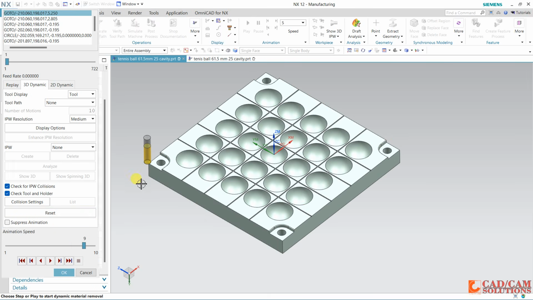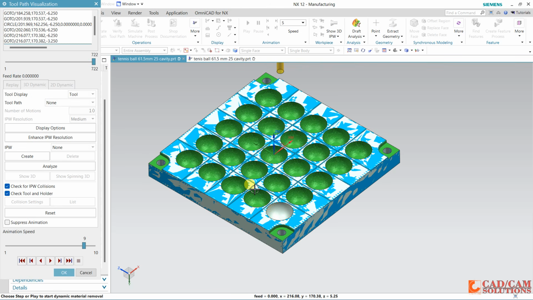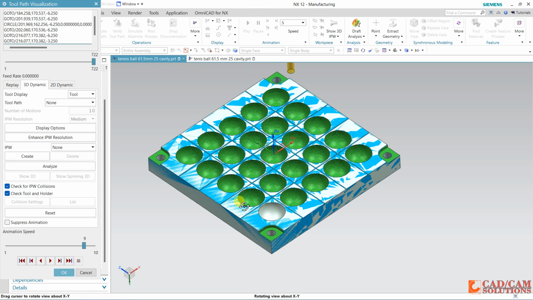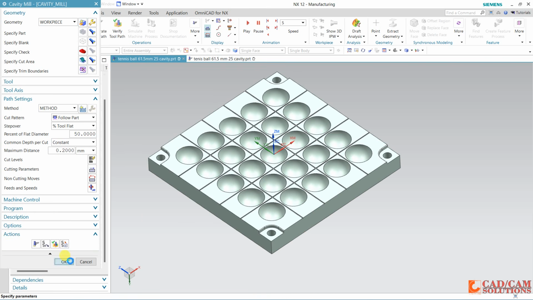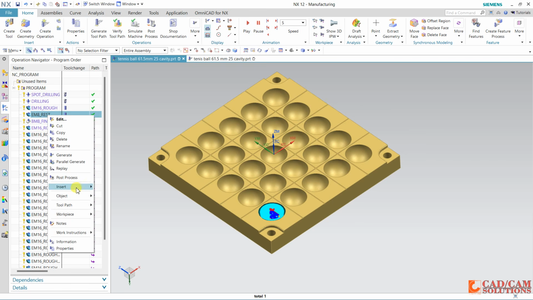Click here and play. Computing IPW. Okay, okay, and okay. And for this rest milling, again I can do the same thing.